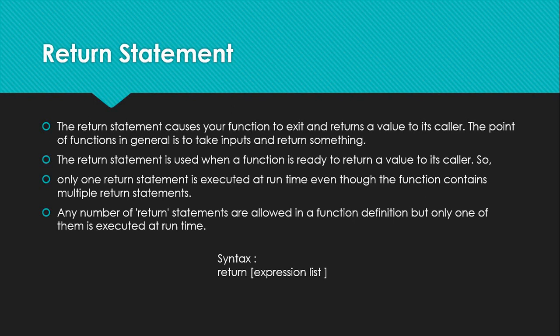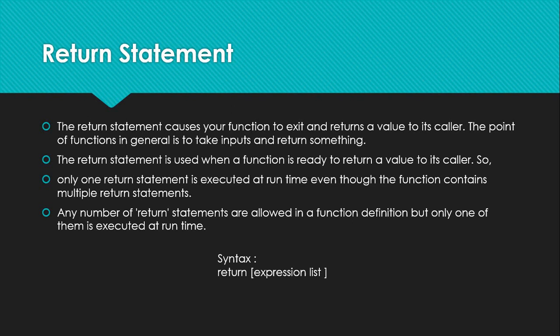But there are times when this return statement doesn't return any value back to the calling statement. Then we call this return statement a none statement. Remember that when it doesn't return any value, it just prints the output as none. You can have any number of return statements in a function subprogram, but only one of the return statements will be executed, not all of them, during runtime. And when no expression or value is passed to the calling statement, the output of this function subprogram will return none as the object.